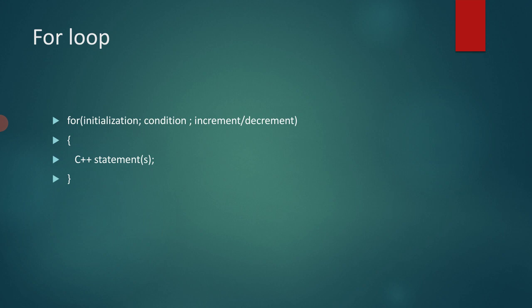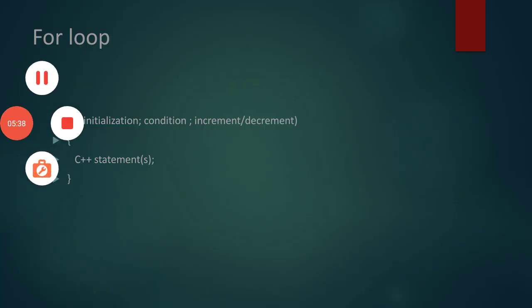Now this is the condition. Now start with the curly bracket. Here you have to write the statements, whatever you want to print or write. You have to write the statements inside the curly bracket, ending with a semicolon, and then close the curly bracket. And see students, you do not put a semicolon at the end of the for loop line, because this is a condition. You cannot write a semicolon at the end. But when we write these three parts, initialization, condition, and increment or decrement, you have to separate them with the semicolon. So this is the syntax of the for loop.